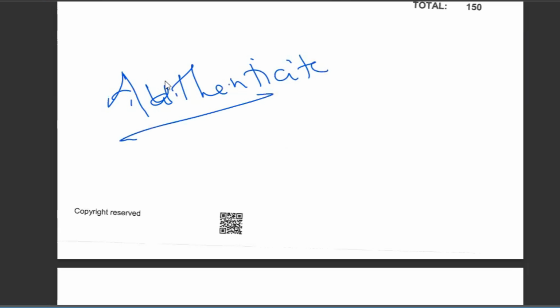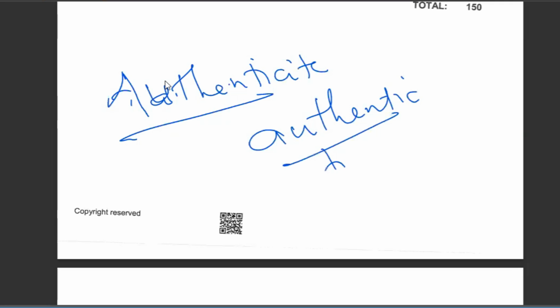Right, authenticite. We are looking at a term which is derived from the word authentic, and authentic means something which is genuine. What is it which is genuine, which he wanted to put in place in the social lives of people? What is the authenticite that he was talking about? What was not genuine, which he wanted to change to make genuine for the social lives of the people of Congo? What Mobutu did when he got into power was to introduce what was called authenticite.